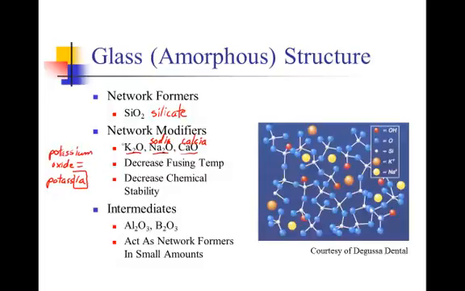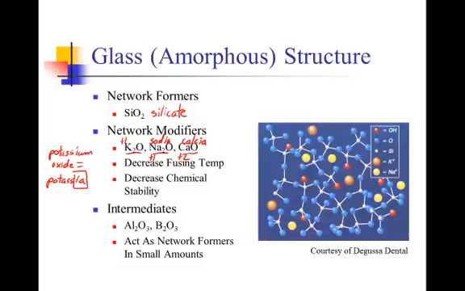Okay, so the important thing about these network modifiers that we can add is that they come from the far left side of the periodic table of the elements. Potassium has a +1 charge on it, so does sodium. Calcium has a +2 charge. And so all of the elements used in this example of network modifiers come from column 1, the alkali elements, or column 2 of the periodic table, the alkaline earth. And there are a lot of others that we could have used from those columns,